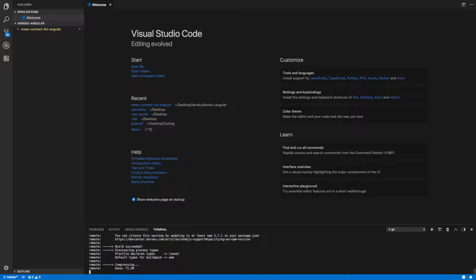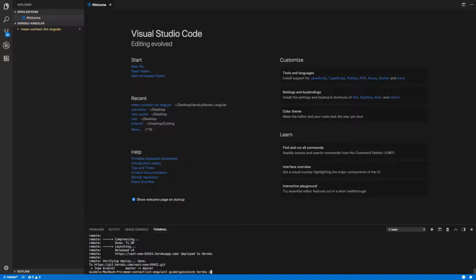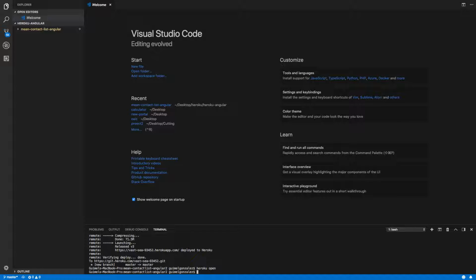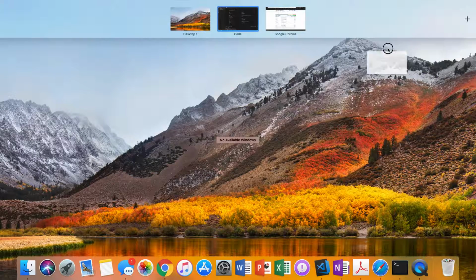Just for the record, whenever you make any changes to the app now, after uploading it, you need to make sure that you commit it, and that after you commit it, you push it up to the cloud again. Alright, so let's go ahead and do heroku open, and a new window just opened up on my browser. I'm going to go ahead and bring it to this screen. It's loading